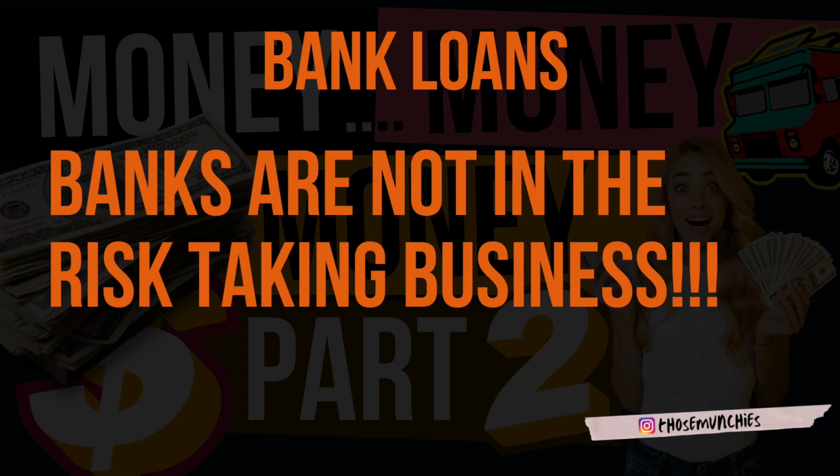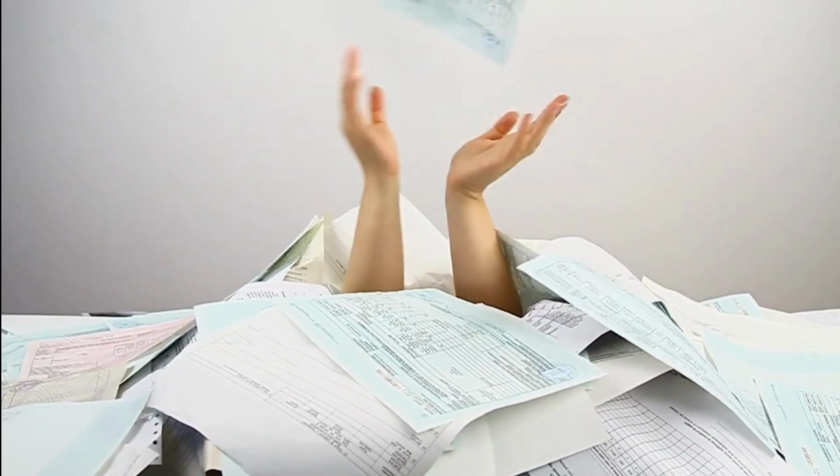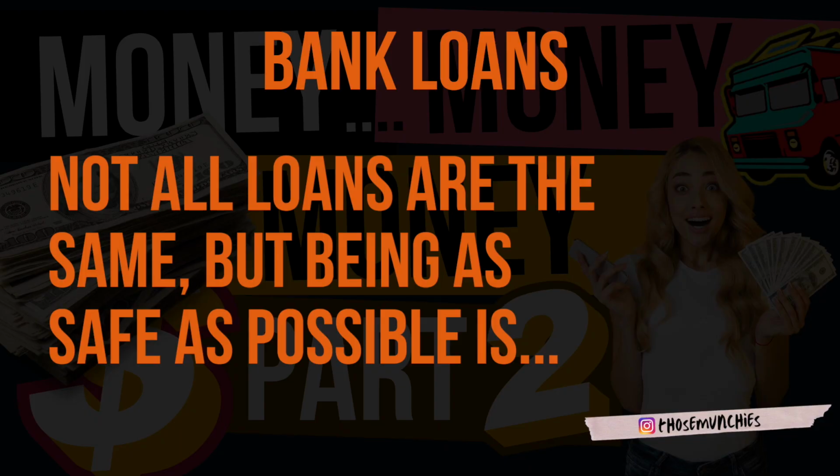There are places like Capital One and a lot of places like that, and even some smaller ones that do different types of loans, like hard money loans and business loans. They're in the risk-taking business, but your traditional bank or credit union is not in the risk-taking business. That's why you have so much red tape, so much underwriting, so many questions, so much paperwork, so much all this and all that,